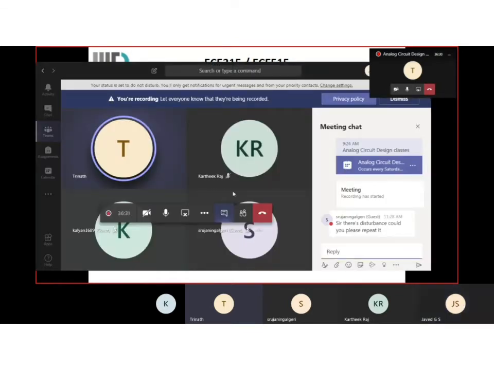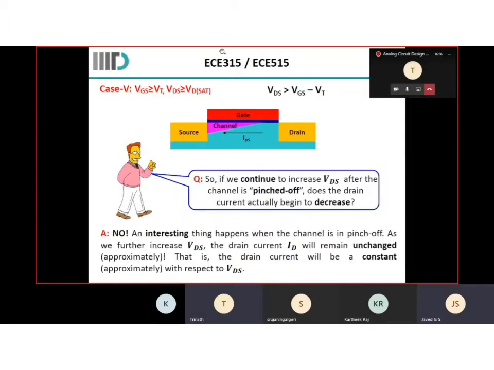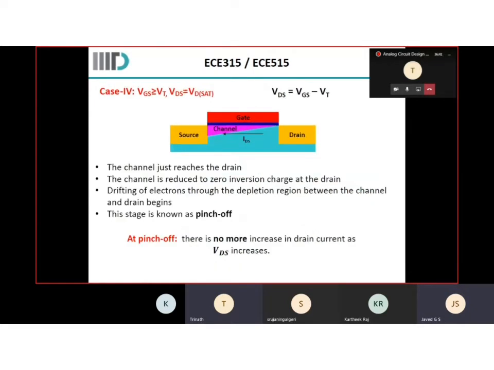Sir, we can see that there is a drop of voltage that we have applied from source to drain, right? As we keep on increasing VDS, the drop is going to decrease at the drain part. From gate to source, we can see that there is no drop. The source will be connected to VDS. D is more positive compared to the source. So the potential drop will be linear. It will be reduced from source to drain.